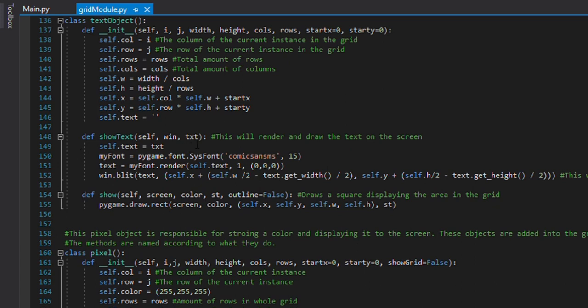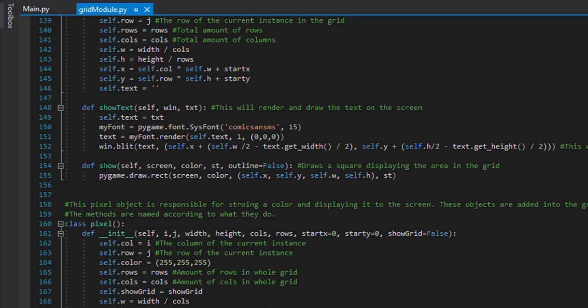So here it will take an argument txt, which is the text, and I've changed the font using the Pygame method sys font and changed it to Comic Sans, size 15. Now using the render function I will simply render the text on the screen, and the purpose of the blit function is to make sure that the text is in the center of the screen.